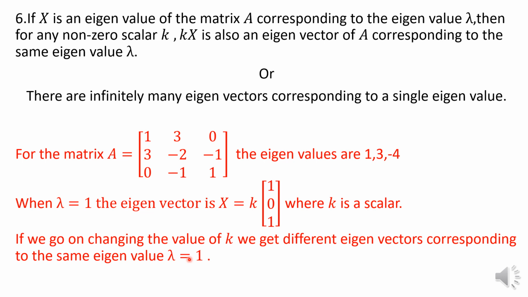Now, while writing the notes, you don't write these sentences which are in red color. You write only the sentences in black color, and also don't write the information given in the table. That is for your sake only. Don't write that in your notes. Now let us see the proof in the next slide.